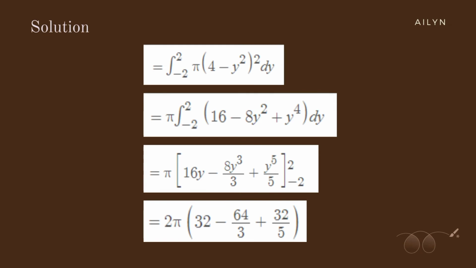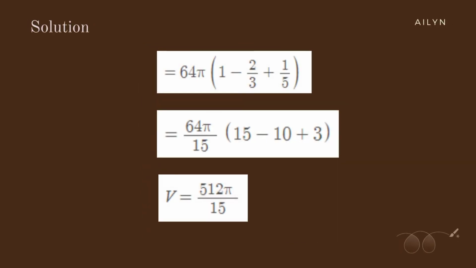Then by simplifying, we get 2 pi times 32 minus 64 over 3 plus 32 over 5. And by multiplying 2 by 32, we have 64 pi times 1 minus 2/3 plus 1/5, which is equal to 64 pi over 15 multiplied by 15 minus 10 plus 3, which will give us the simplified answer of 512